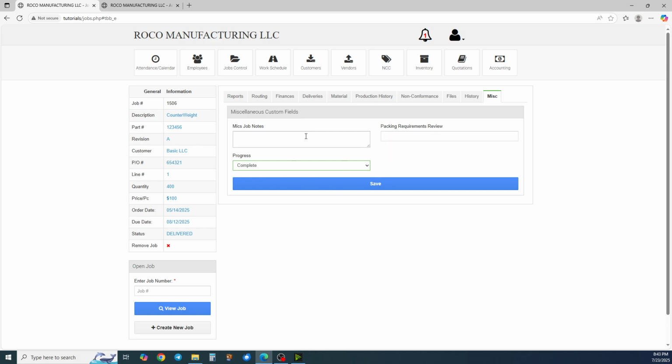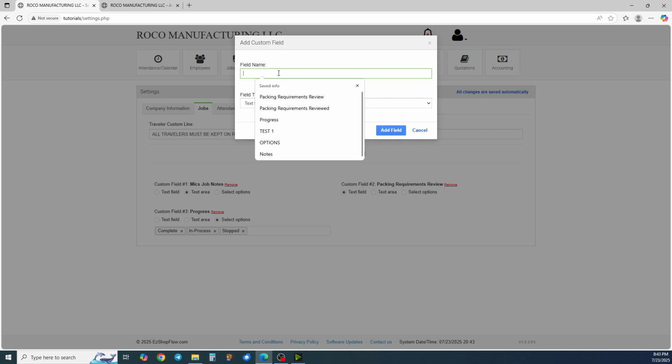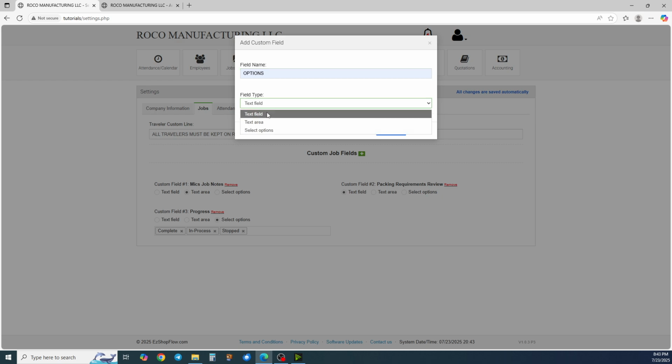So these are the 3 different fields you are able to add, and you can add as many as you'd like. To add those, you would go to your settings, jobs, and custom job fields, and you can add them here. You're going to press plus, you're going to name the field. Let's say you're going to say options, and select the